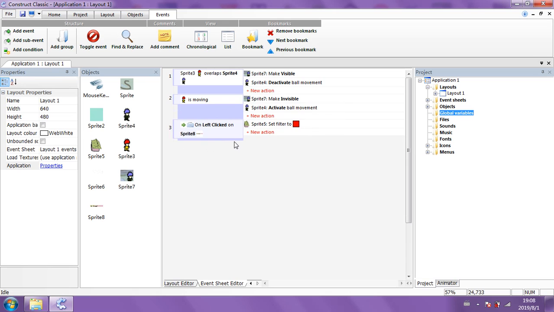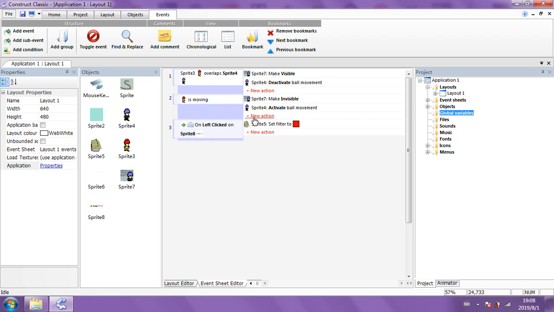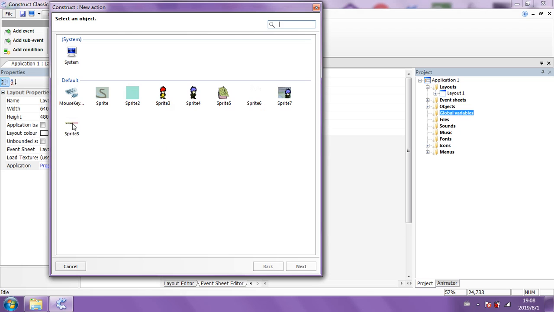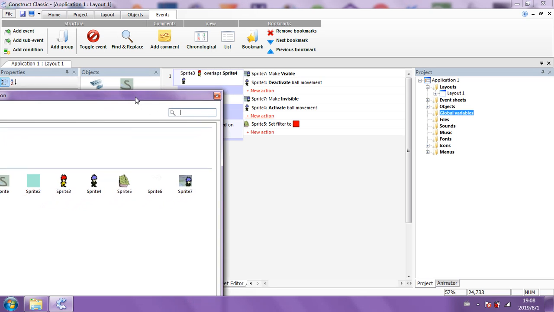So how do we get this thing set? Okay, so we got it. When we click on this, it's going to make the house red. When we click on that, it's going to do something, okay. What do we do? We're going to move into him. Is it going to make this image visible or come into being or what? I don't even know. Spawn another object. Hang on. I've got no idea. So that is going to spawn another object.